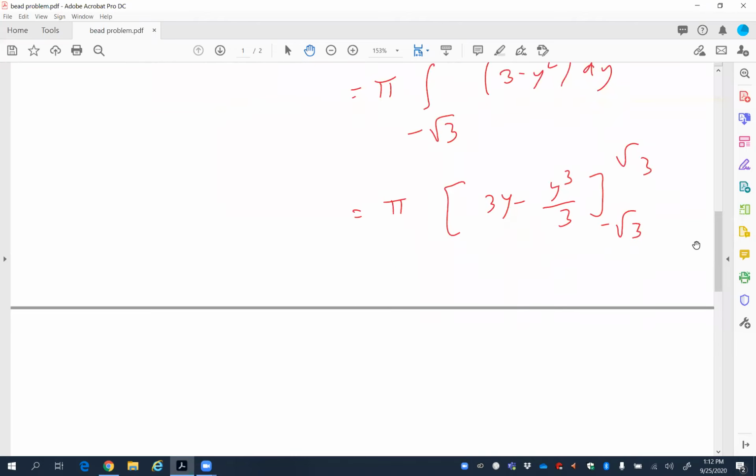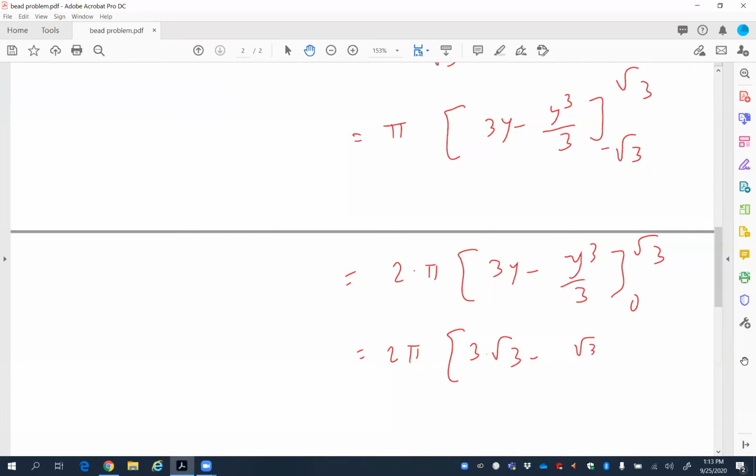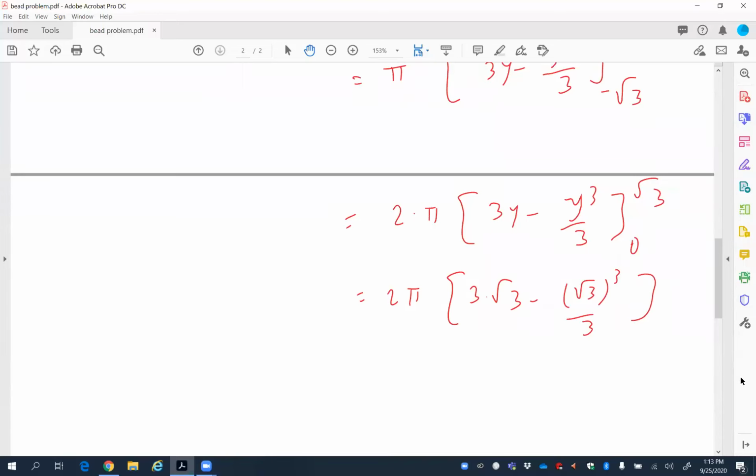So if you plug in the value of this, 2 times pi, instead of positive square root of 3, you can just start from 0 because it's symmetric. It's the very same thing as going from negative to positive, so I just multiply it by 2. And if you put 0 here, it would be just 0. So it would be 3 square root of 3,